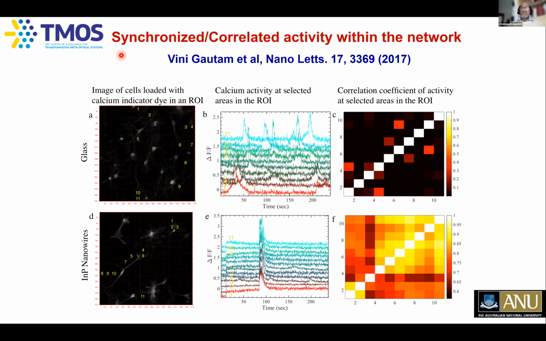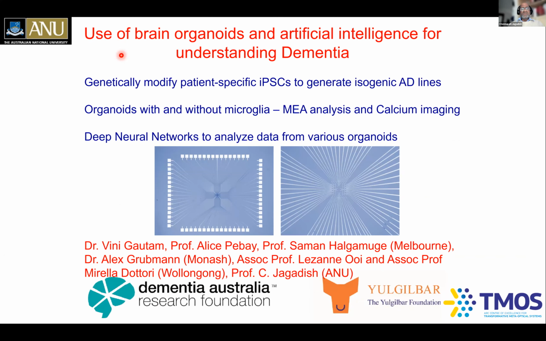About 3 years back, when Vinny presented this work at a neuroscience conference, neuroscientists asked what neurons she was using. She said she was using rat neurons, and they said, why are you wasting your time? How about using human neurons? So now we got funding from Dementia Australia Research Foundation and the Bilbao Foundation to use stem cells from Alzheimer's patients and stem cells from healthy people, and then, using CRISPR technology, make these organoids or mini brains, with and without microglia,